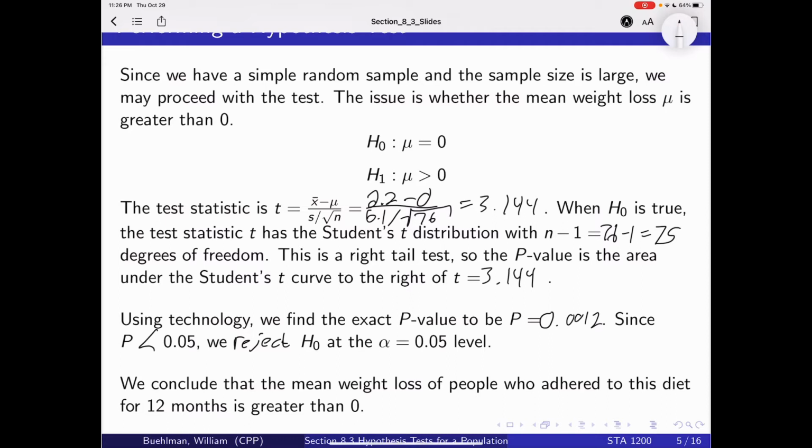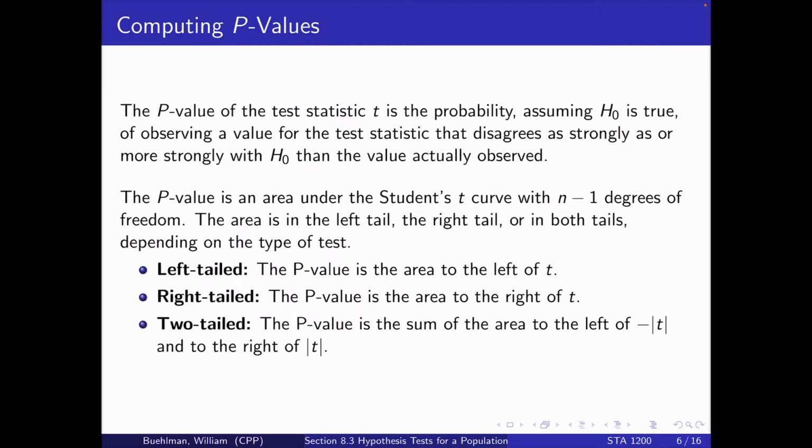Thus, here's the big important part of a hypothesis test, what our conclusion is. We conclude that the mean weight loss of people who adhere to this diet for 12 months is greater than 0. The p-value of the test statistic t is the probability, assuming the null hypothesis is true, of observing a